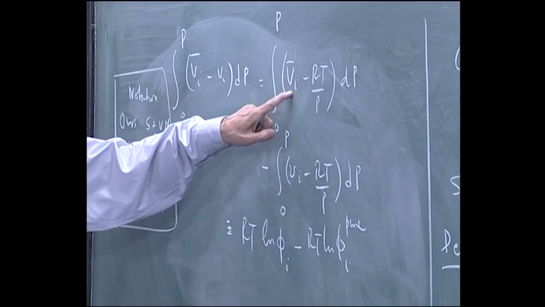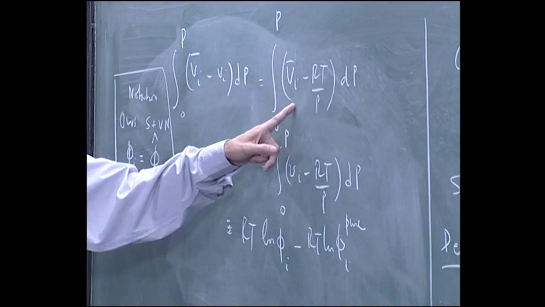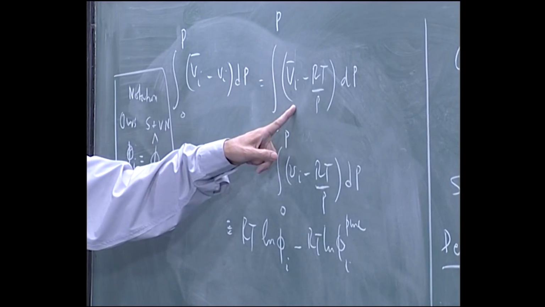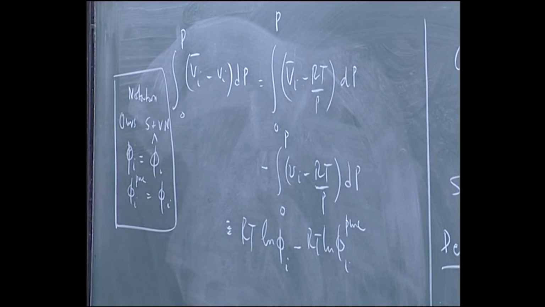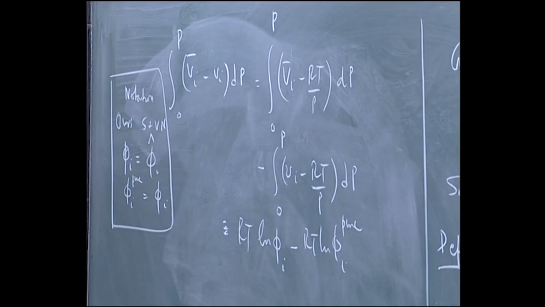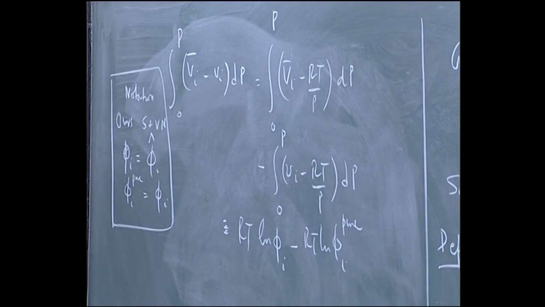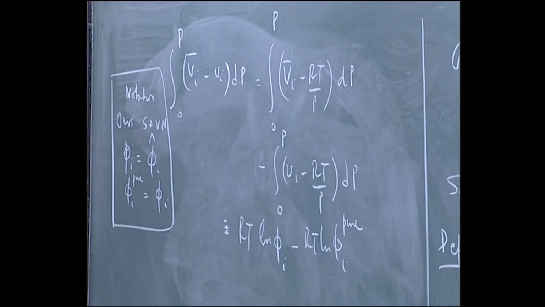For example, in the gas phase this is completely measurable, Vi bar is measurable. So, if I know the composition dependence of the chemical potential, if I know the composition dependence of this partial molar volume, that is all I am saying. So, if I know one I can get the other. I can't make this